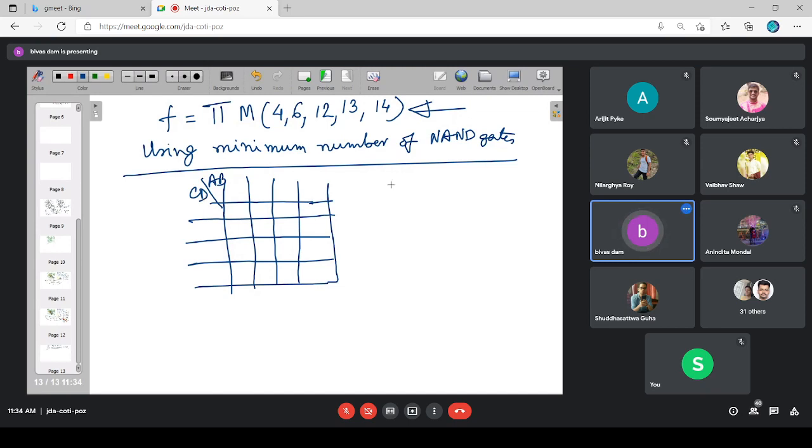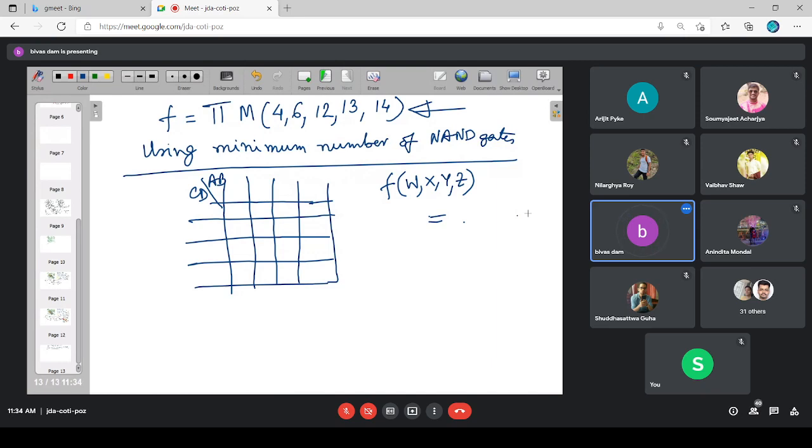But remember, in case it is given like this, f(WXYZ) is equal to something, then you have to use WXYZ as the input variables. If you go for ABCD as the input variables there, your answer is wrong. So be careful about that. Where the input variable names are not specifically mentioned, you are free to choose your own variable names. But once those names are specified, you must follow them.